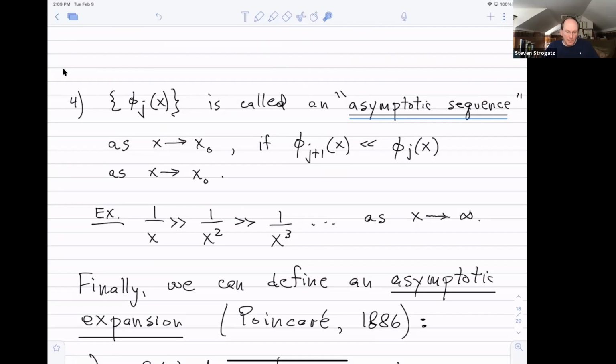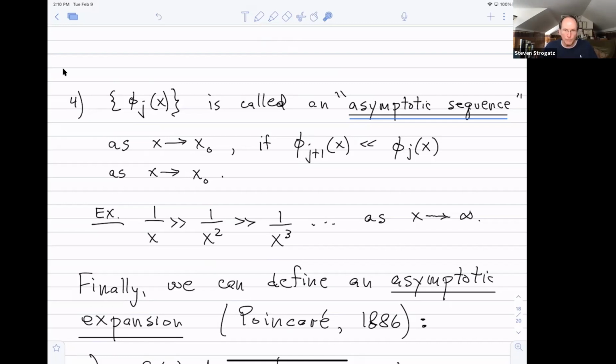As an example, think about these functions. All of them are going to 0 as x goes to infinity, but they're ordered in this way. This one goes to 0 much slower than this one, which goes to 0 much slower than this one, right? These are different decay rates. So this is a way of formalizing that you've got different functions decaying at different rates. And because these tend to be the sorts of objects that appear in asymptotic expansions, like we saw with our expansion of the integral,